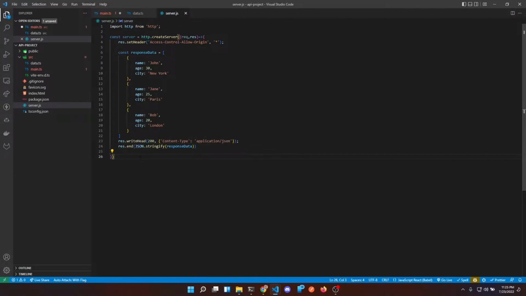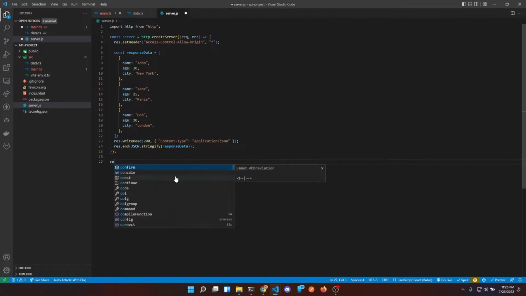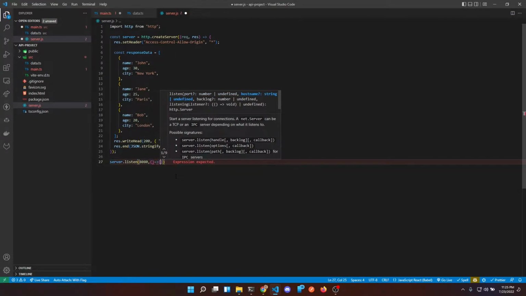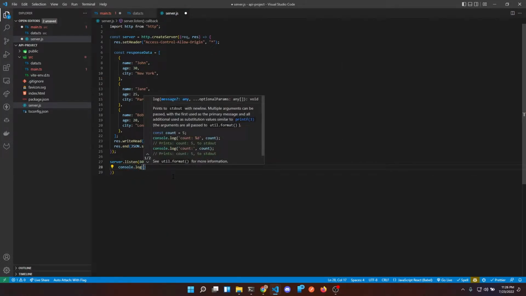Response data. So this is our server format, right? And we're gonna do server.listen, and I'm gonna listen on port 8080 because that's what I'm expecting. You never hard code this in a production environment, but this is for testing only, just showing you something. So console.log, and we're gonna say,